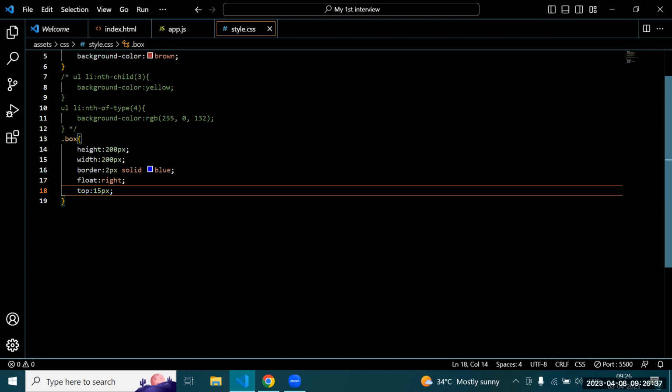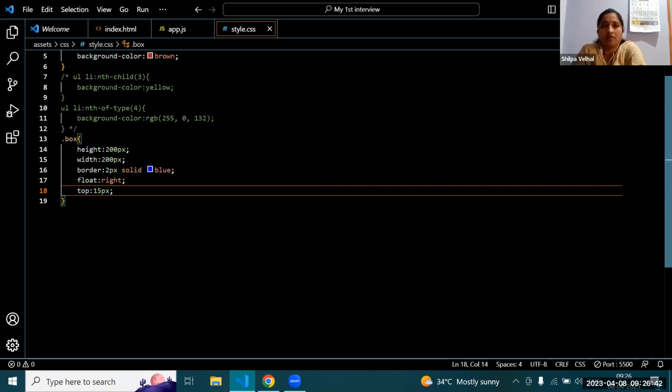And what is array? Array means we can store multiple data on the basis of index numbers. And array has two types. First one is literal array, and second one is constructor array. In literal array, we use simple square brackets and hold values there. And in constructor array, we create new arrays using the new keyword.